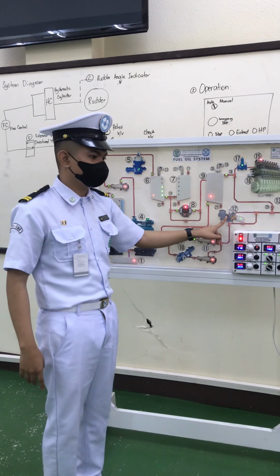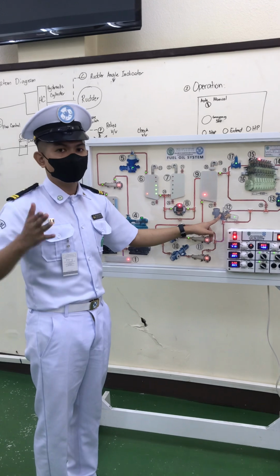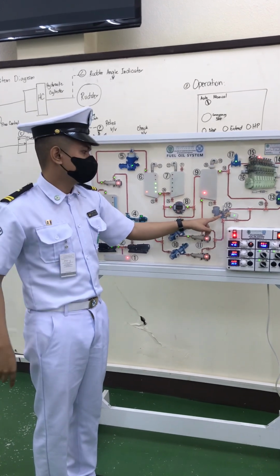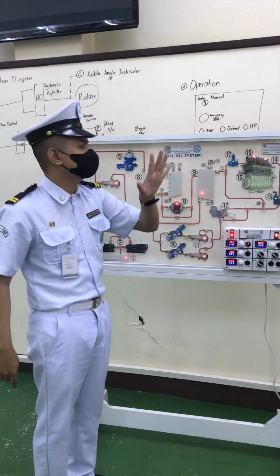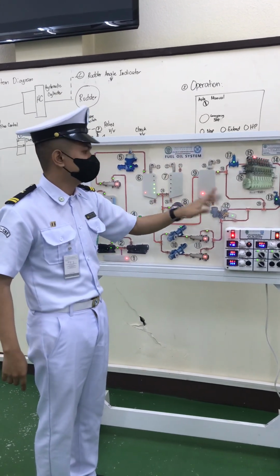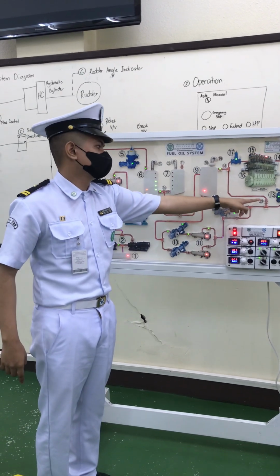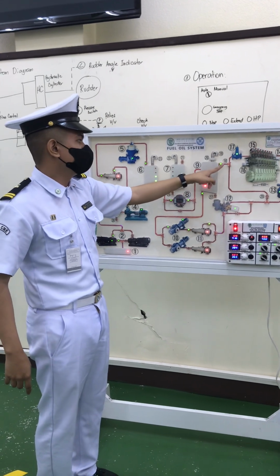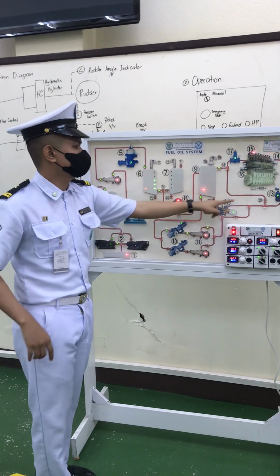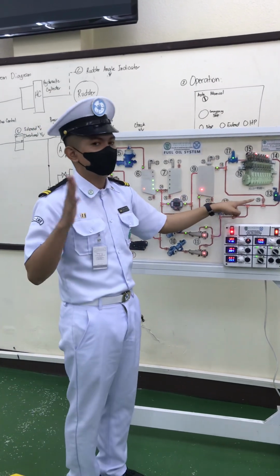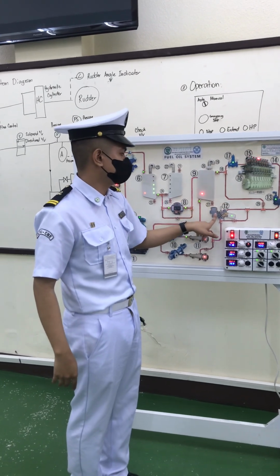The viscosity regulator controls the temperature of the fuel oil to have the correct viscosity. Once done with the viscosity regulator, before it enters the engine, or before starting the engine, it will first pass through the preheating bypass valve. Again, it will just go to the mixing tank with the same process as earlier. Once the preheating is done, the fuel oil